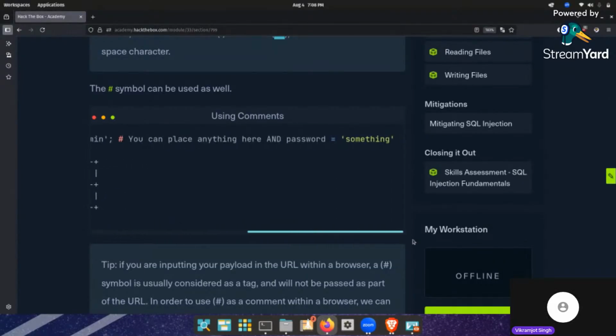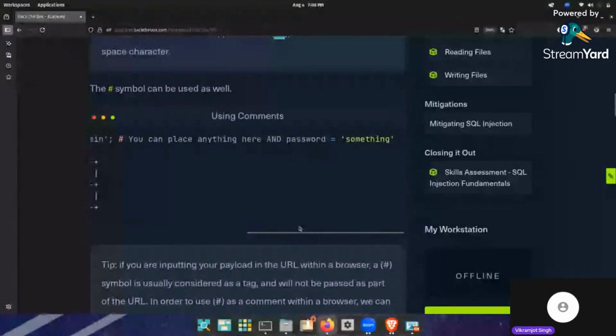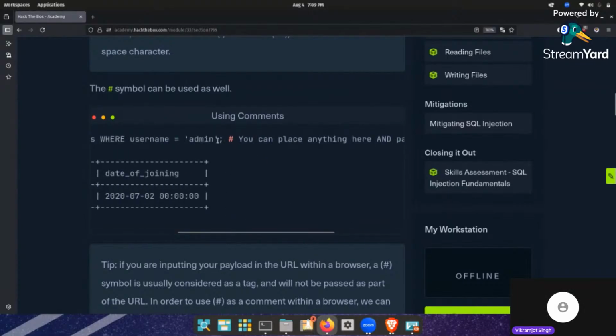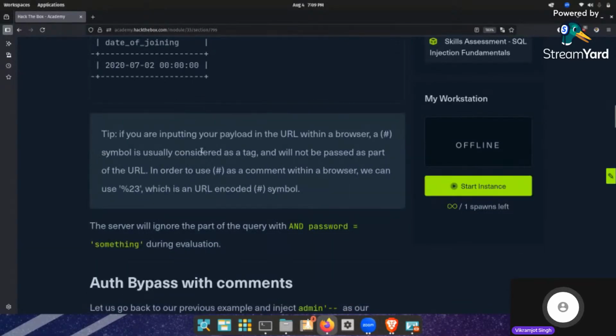You can add anything in the password. Okay, we are using a gap. See, can you see, guys? Here is a gap. Maybe. No, there is no gap. They are not using any gap here. Maybe they are using an admin. Yeah, in admin they are also not using any gap. Okay, if we input your payload in the URL,